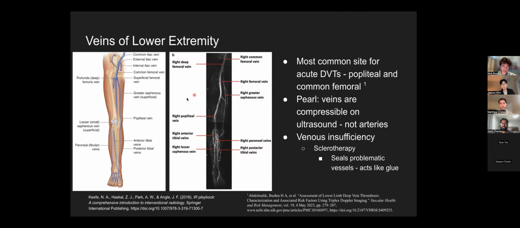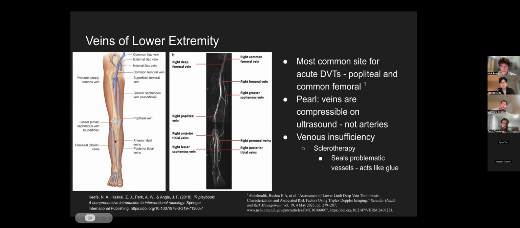Veins of the lower extremity are very similar to the arterial side of things. You have the common iliac, which branches off to internal, external, and deep profunda. You have the great saphenous vein, often used as a graft for different procedures, popliteal, and then you have the fibular vein, posterior tibial, anterior tibial. You want to know some of this anatomy if you're doing PAD work or CLI